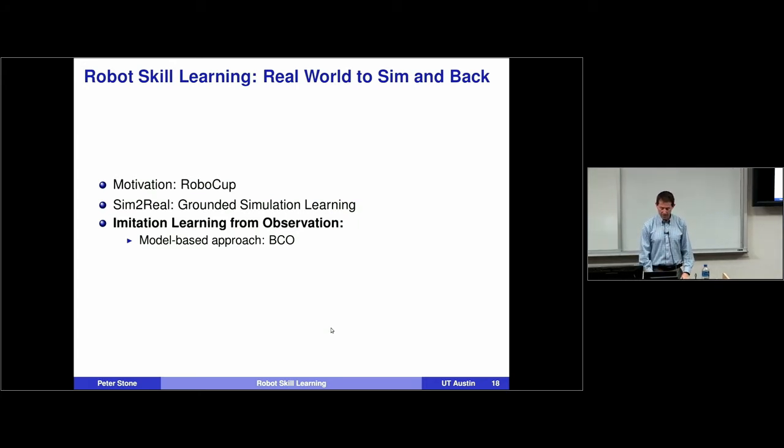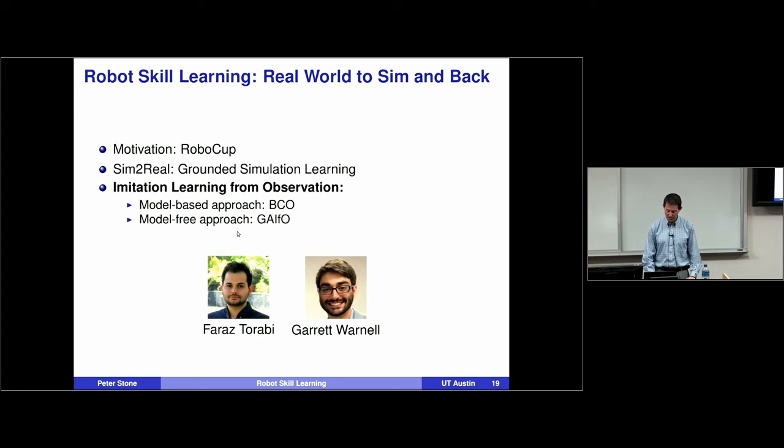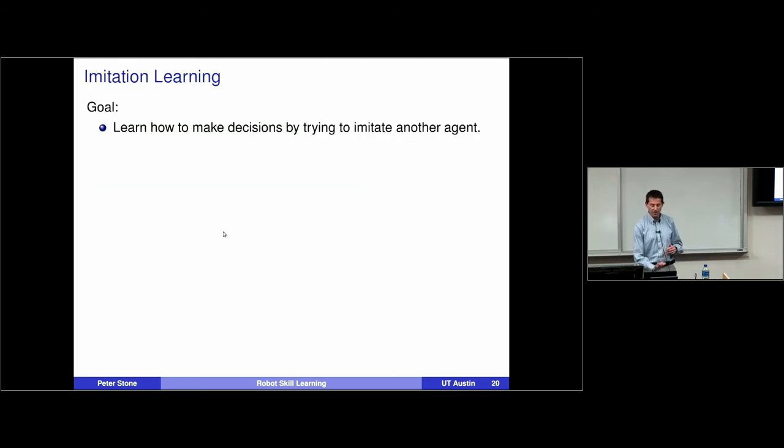to the other method that I want to go into a little bit of detail on. Like I said, imitation learning from observation. And this is joint work with, as I said, an alumnus from University of Maryland, Garrett Warnell. He was Rama Chellappa's student. He's now an employee of Army Research Lab and is embedded in my research lab. We jointly supervise my PhD student, Faraz Torabi, and together we've come up with two different novel approaches to imitation learning from observation, one model-based and one model-free.